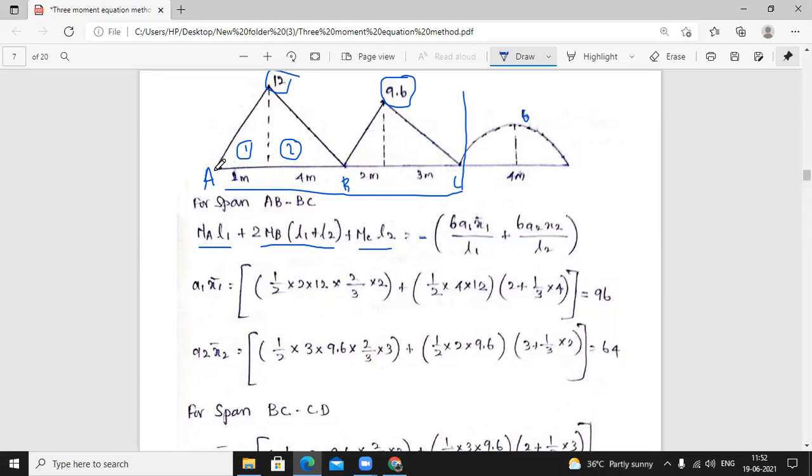Now the centroid distance from A. Always we have to take it from the edge. The centroid distance from A is 2/3 of 2. Actually, this is 2. So 2/3 of 2 meter. From here to here, 2/3 of 2, plus